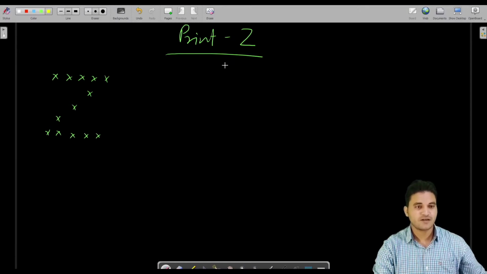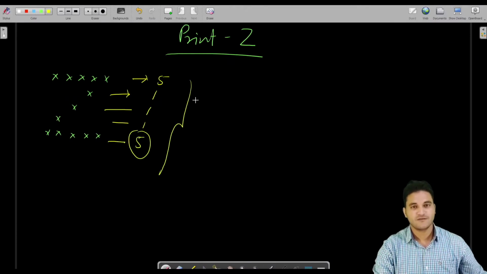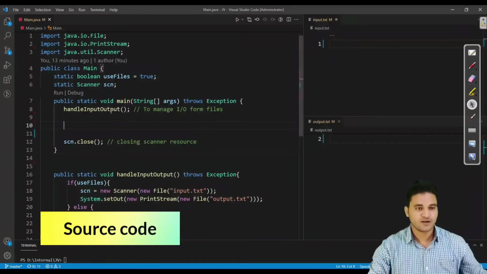What I will do is write 5 print statements. In the first statement I would be printing 5 stars. In the second I would be printing 1 star, the same goes for the fourth and third, and here would be 1. And for the last row I would be printing again 5 stars. So this way we would be able to print the Z shape. Let us see this in action, how we are able to print the Z shape. It is very simple.